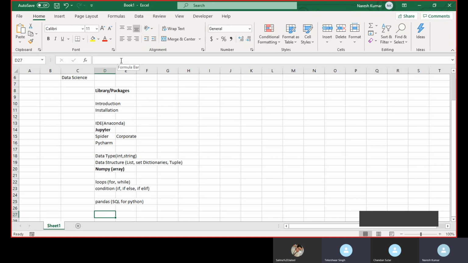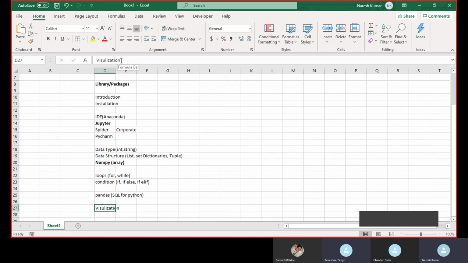Okay, it will act as a data frame here. Okay, and then we will have something called visualization, where we would be visualizing the data that we are going to do the modeling on. So during the exploratory data analysis and all, we would be using our visualization techniques. So for that, we have packages such as matplotlib and seaborn.